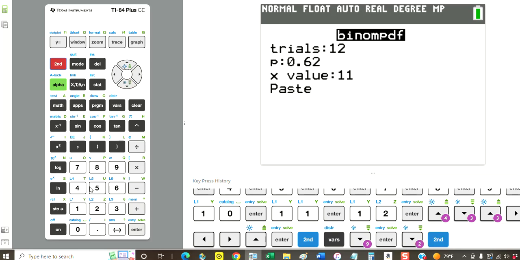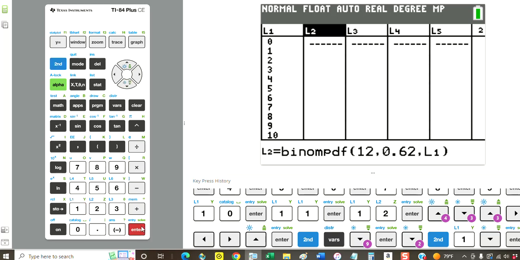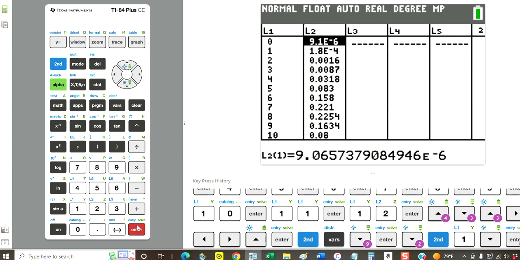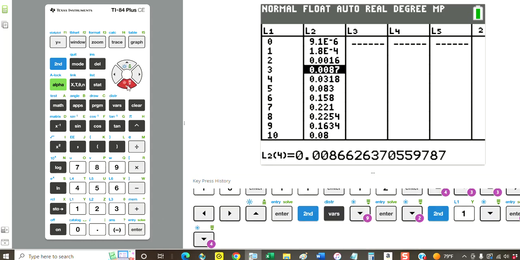So if I scroll down and change that 11 to L1, you have to push the second button and 1 to access this L1. Now when I paste that, it's going to paste it into the rule for finding all the values in list 2 based on those 13 values 0 through 12 in list 1. So it finds all those values. If we scroll down,